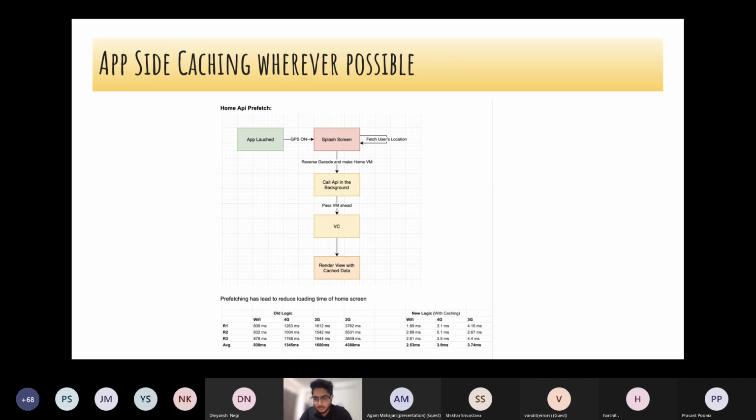Any doubts in this use case? Yes, I had a doubt. We have different image formats. We use WebP sometimes, PNG, JPEG sometimes. Do these different formats of images also affect the render time? And which would be the ideal format to use?